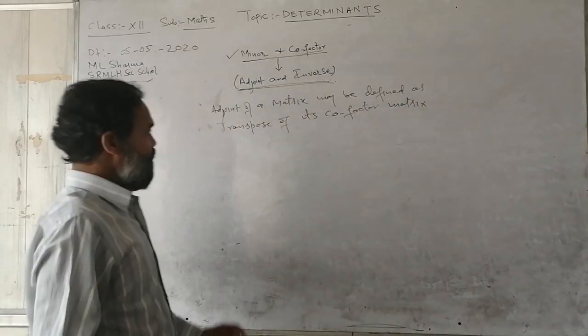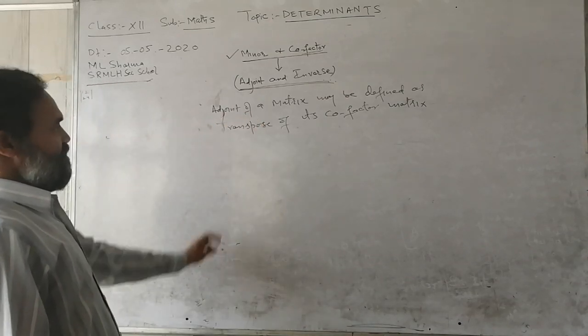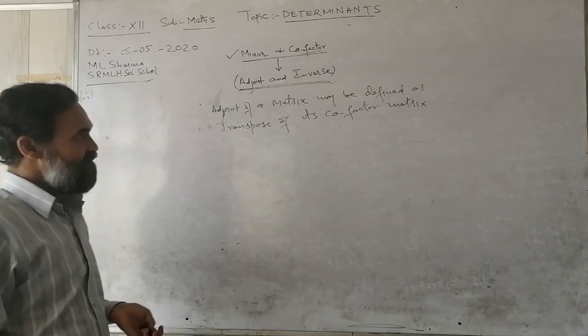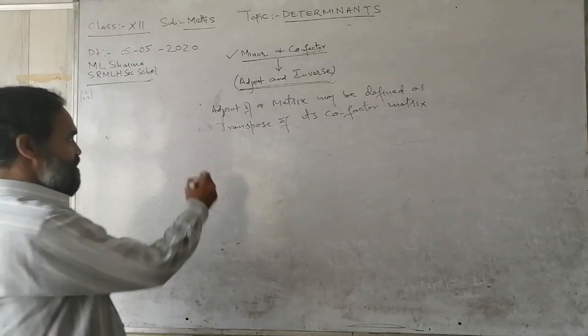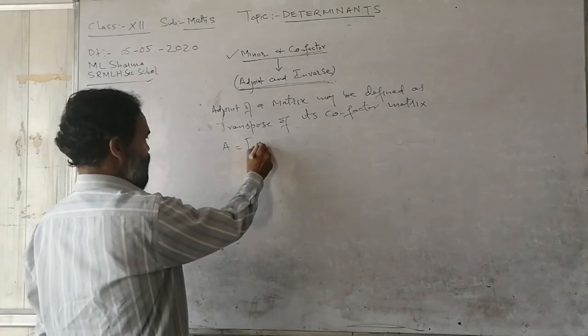In simple words, the adjoint of a matrix of any order may be defined as the transpose of its cofactor matrix. So let A be a matrix